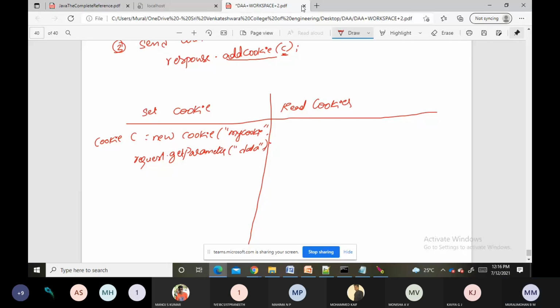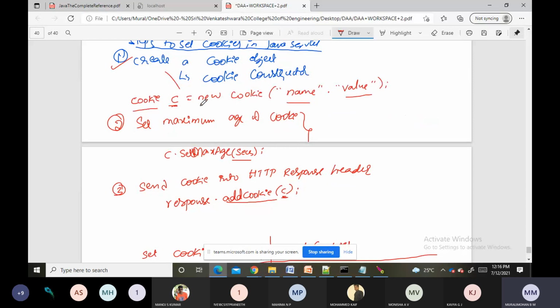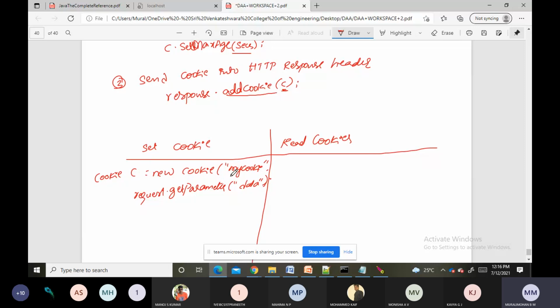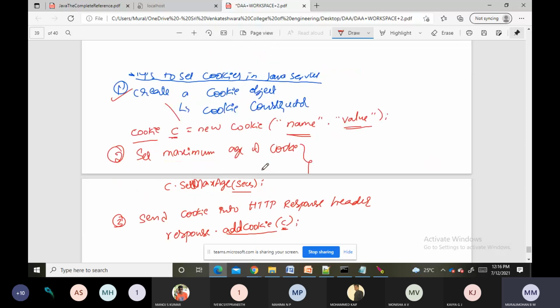Kindly observe here. When creating a cookie, we give the name of the cookie and the value. Here we are giving the name as myCookie, and the value I am getting from the HTML form, so that we make it the value of the cookie.